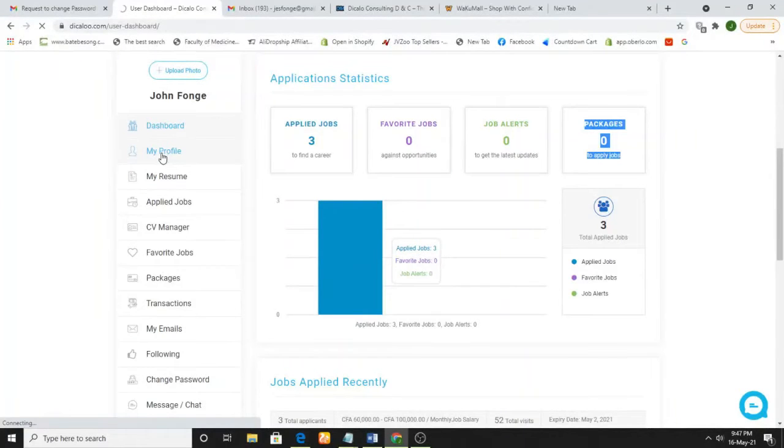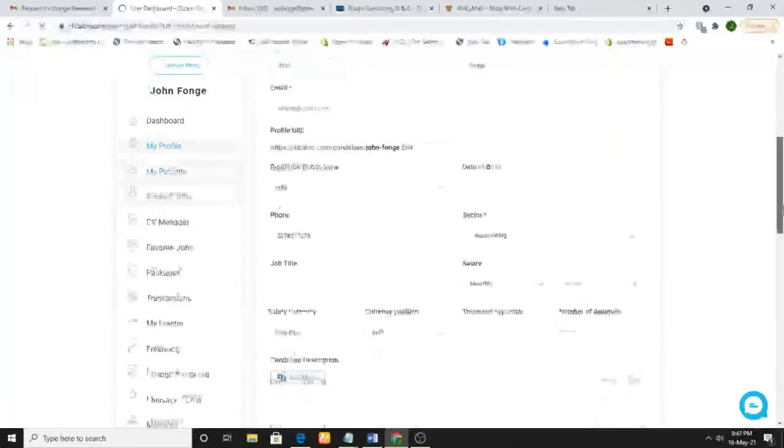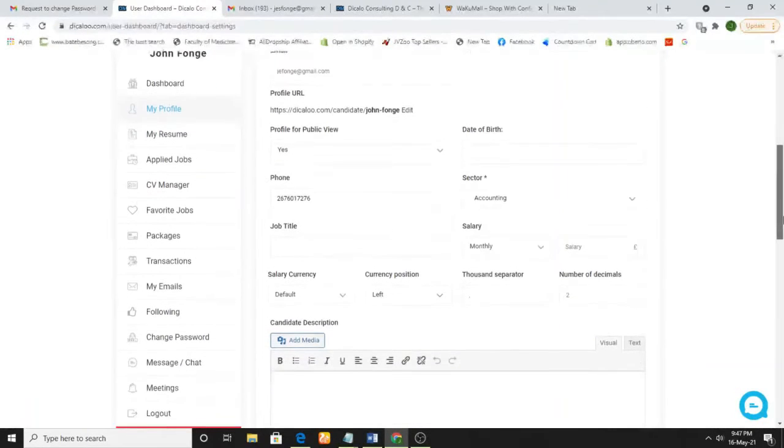In the profile area, you can input a lot of things about yourself, right? You fill in the information: your name, your date of birth, and so on and so forth. So let's just wait for this to load. Our network is a bit slow. As you can see, guys, here you have your names, and then you have your